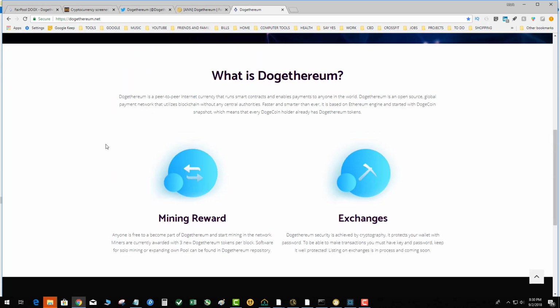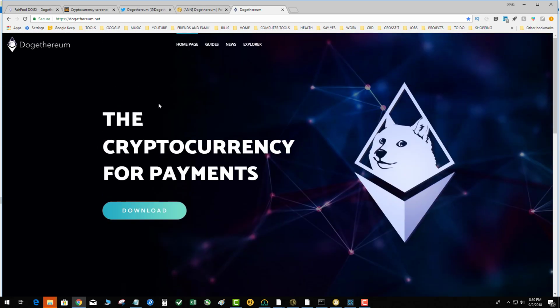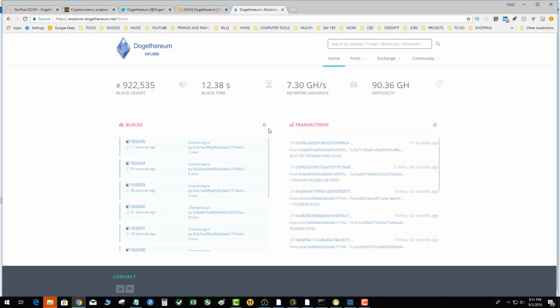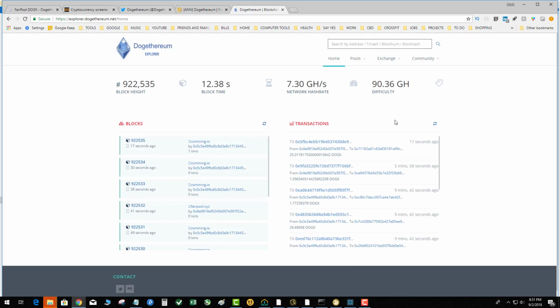Now, how hard are they to mine? I don't really know. I did find that they have an explorer at the top. It has the current difficulty, and the hash rate for the whole network really isn't super high. And I think part of the problem with this is it's a little confusing and they're not marketing it very well. So yeah, it's a little strange. But anyways,